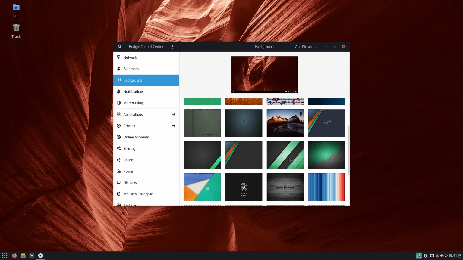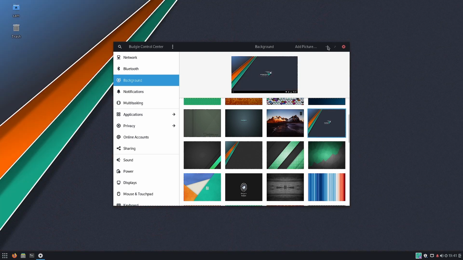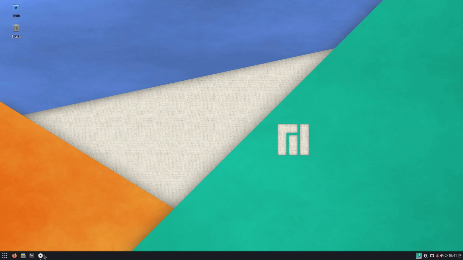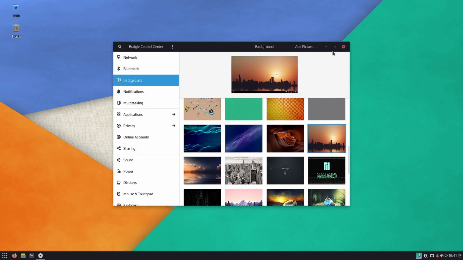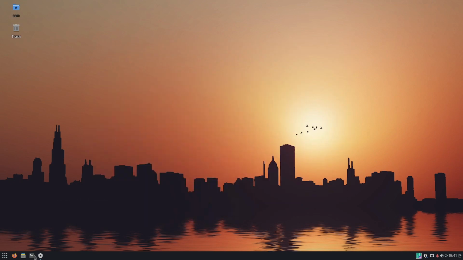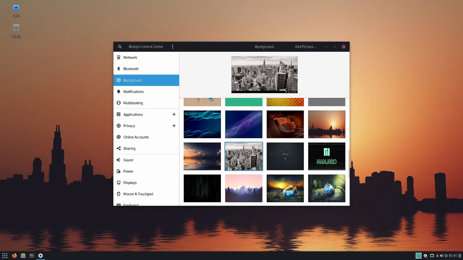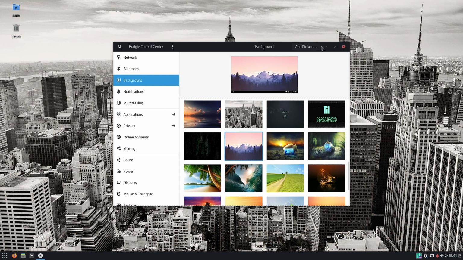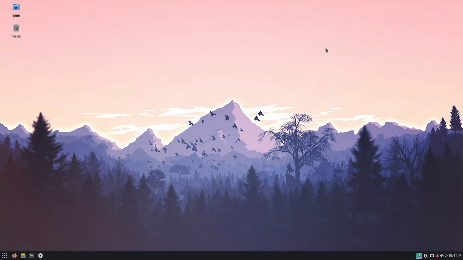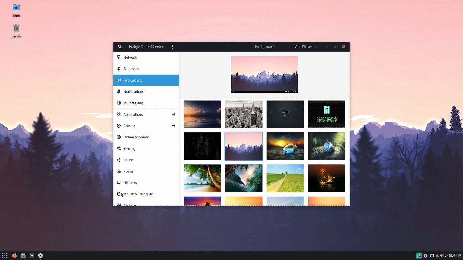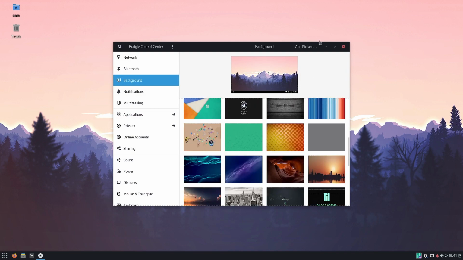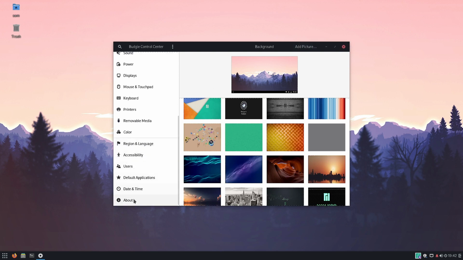We can go with the different Manjaro wallpapers. Now looks very nice. The default Manjaro wallpaper. That is also nice. This one should look very nice. Yes, this is a nice wallpaper. This one is also nice. It's perfect. I will keep this wallpaper. So there are some wallpapers. I think these are all wallpapers that we saw in the GNOME desktop. So we will keep this wallpaper, and you can see in the about section,